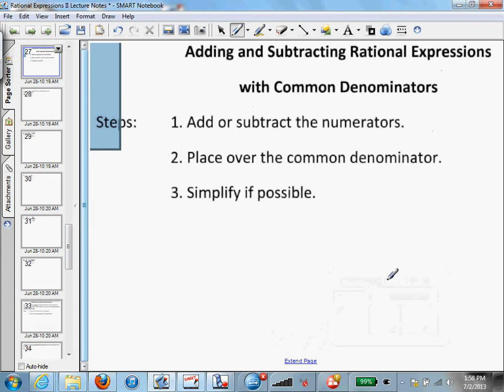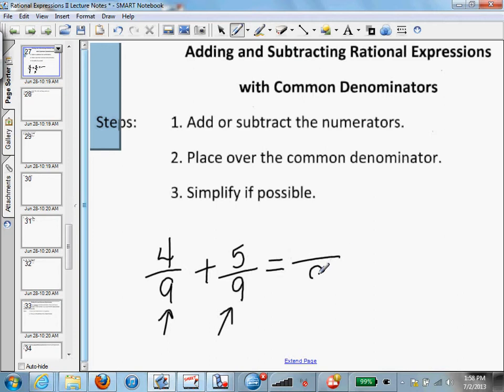Welcome to adding and subtracting rational expressions with common denominators. Okay, so thinking about in the past, we could only add fractions that had similar common denominators. Remember this 9 here? Both up here, so we keep the 9 on the bottom. Then you just add what's on top of 4 and 5, giving you 9, and that would just reduce to